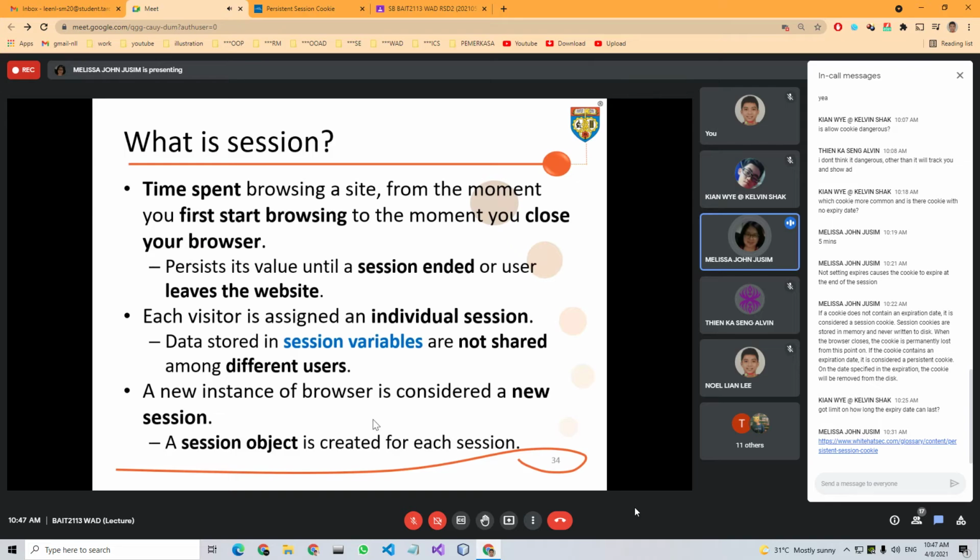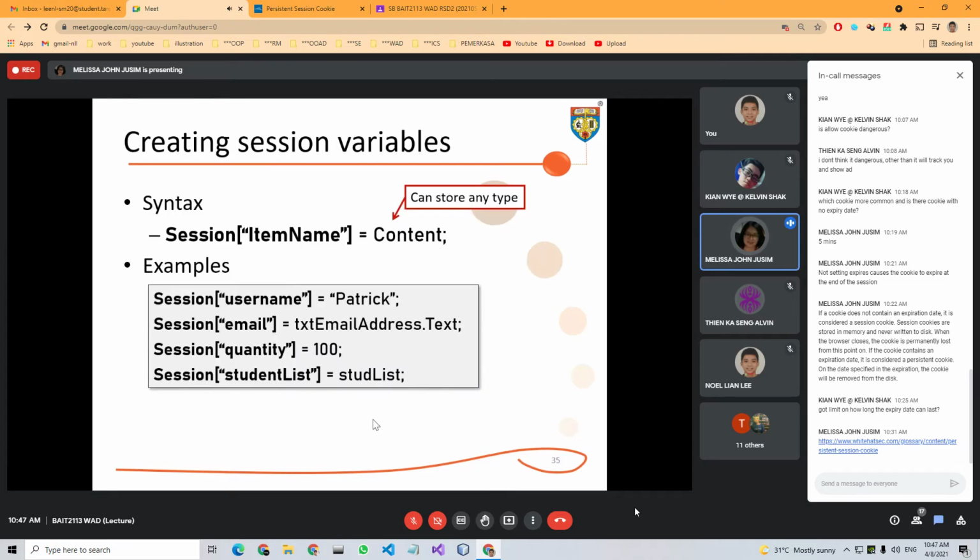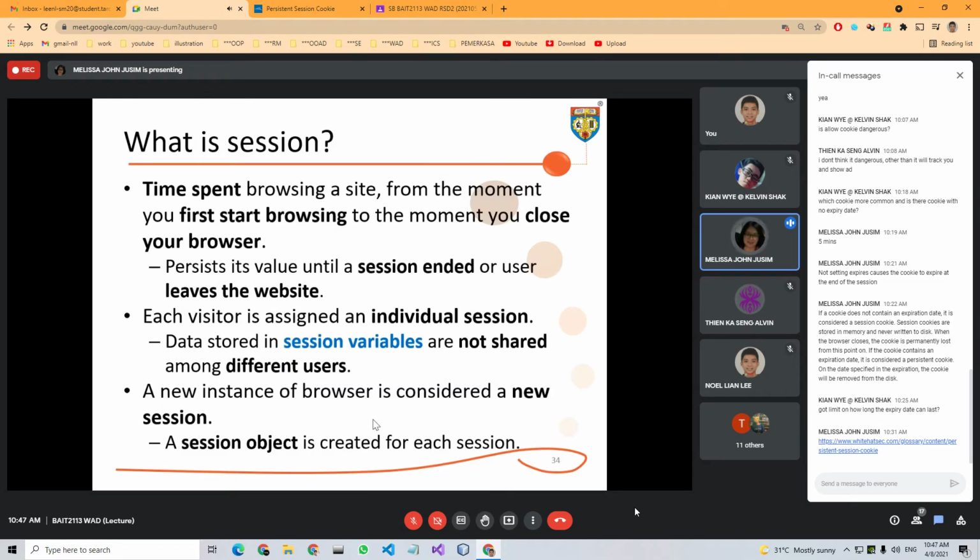Normally, whenever you have one visitor, they will be assigned an individual session, and we call these session variables. Session variables, again, are not shared between different users. So a session object will be created for each session.